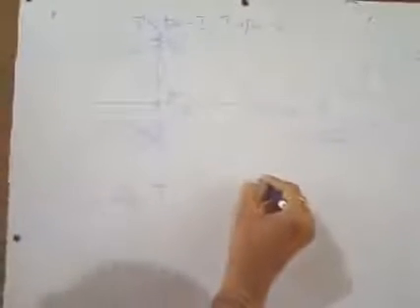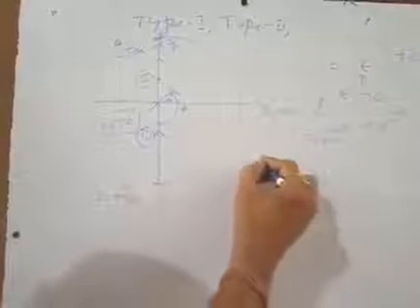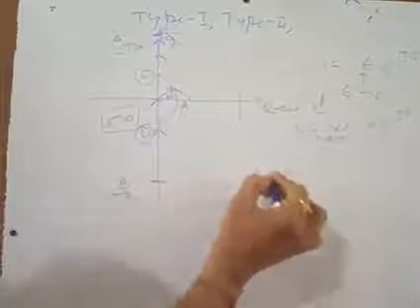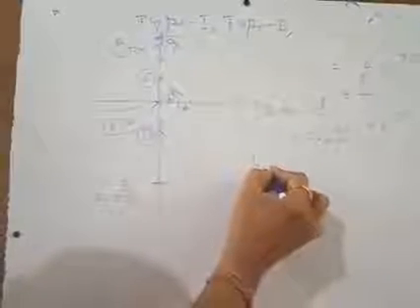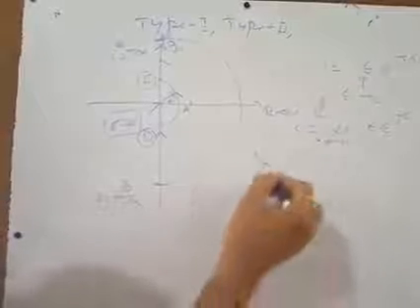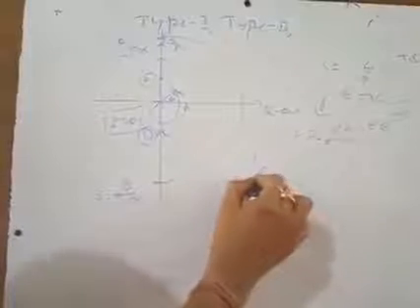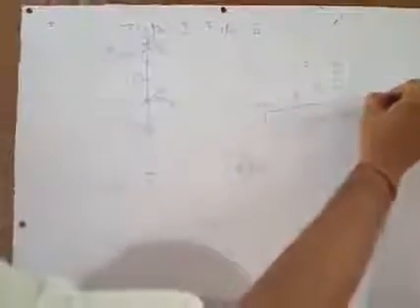So if epsilon is very close to 0, this point may be taken as this path, right? As this is the origin, the value of S is equal to 0 here, and we are considering one semicircular path surrounding it like this, such that we can bypass this point S is equal to 0, and this is your epsilon. So if epsilon tends to 0, the value of this path at the limiting case is equal to 0. So we can take the expression for this semicircular path as limit epsilon tends to 0 epsilon e to the power j theta.